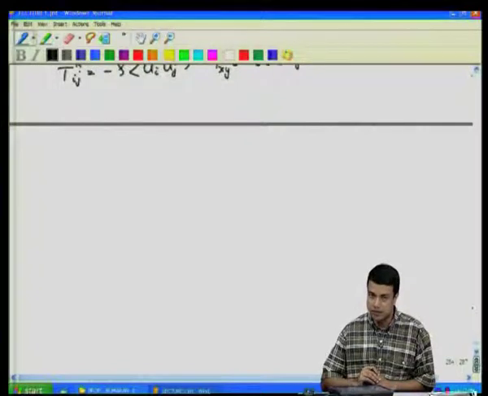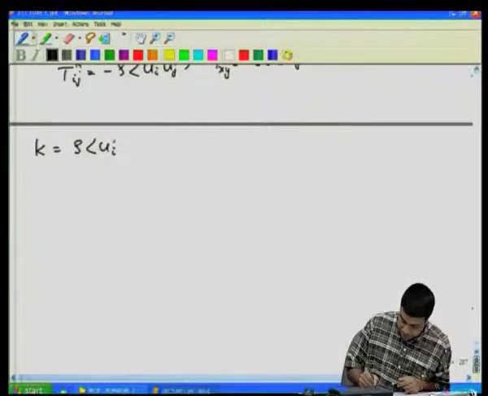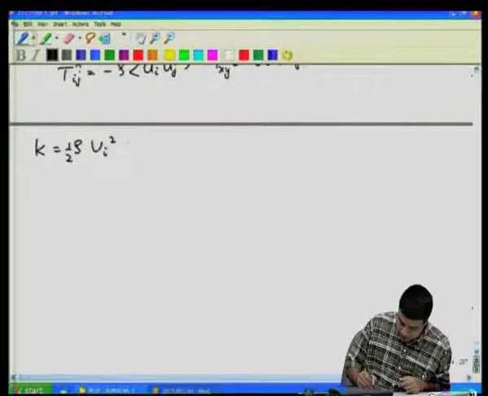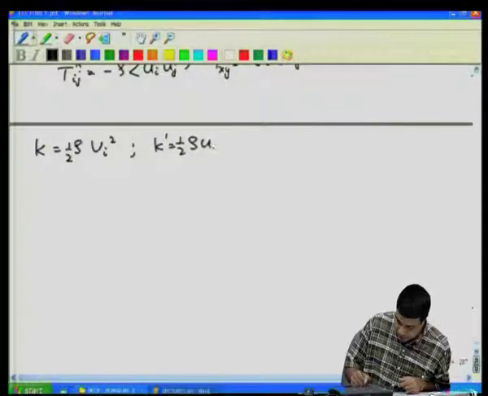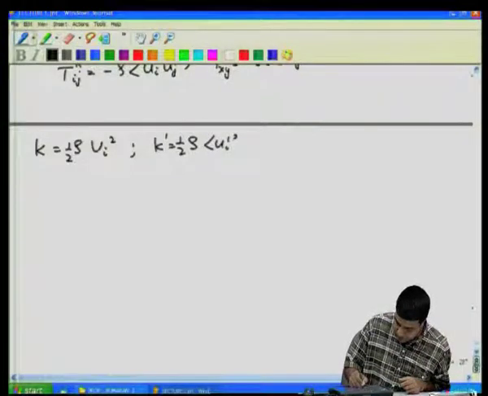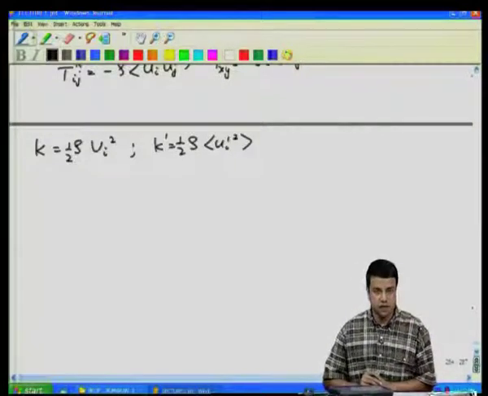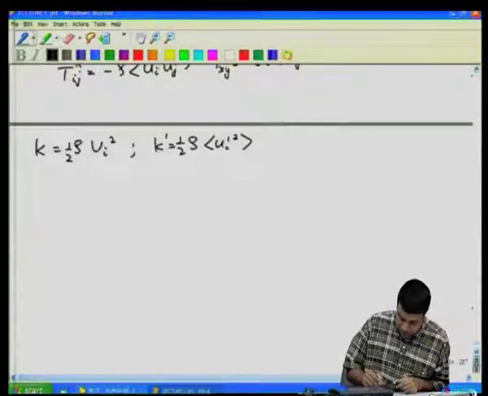The mean kinetic energy per unit volume is equal to half rho ui square, and the kinetic energy of fluctuations is equal to half rho average of ui prime square. So, we tried to write an equation for the mean kinetic energy, and what we found was